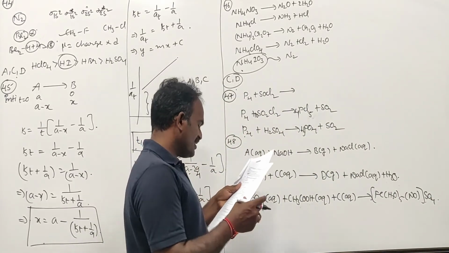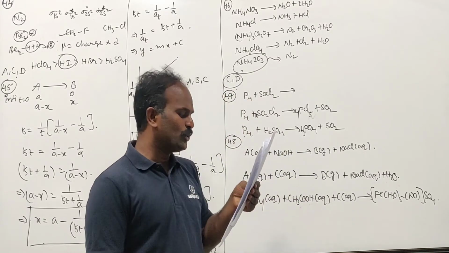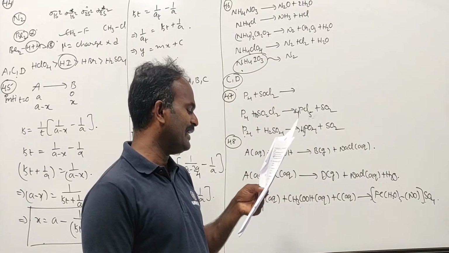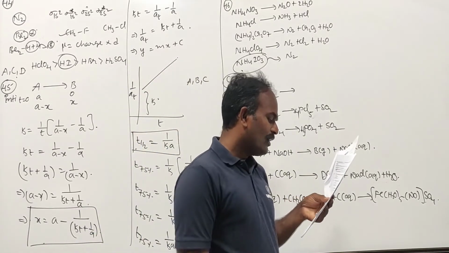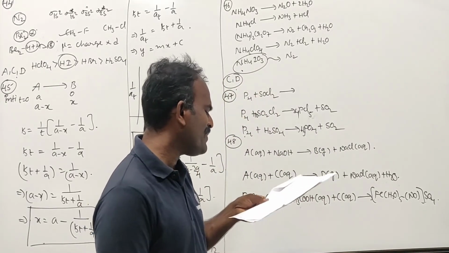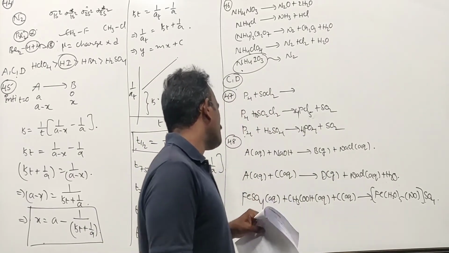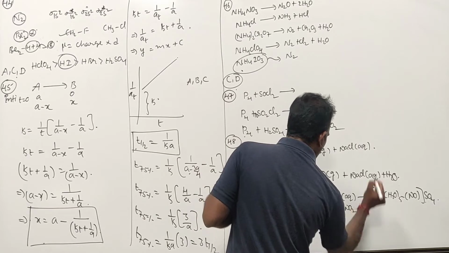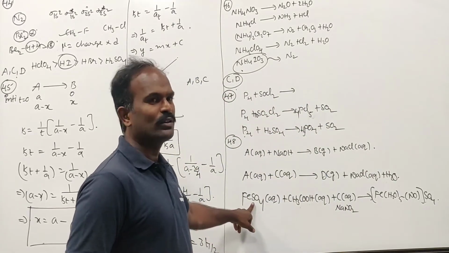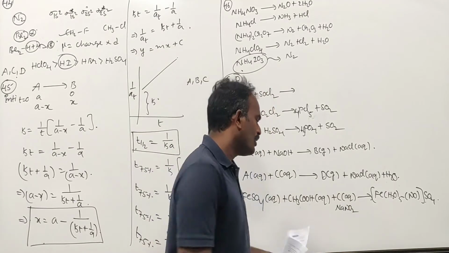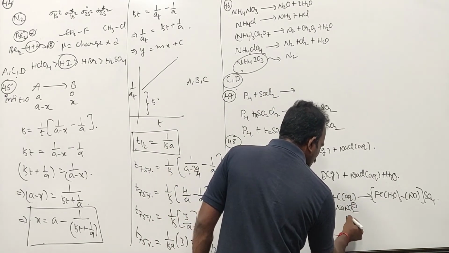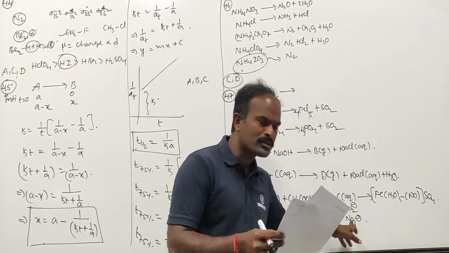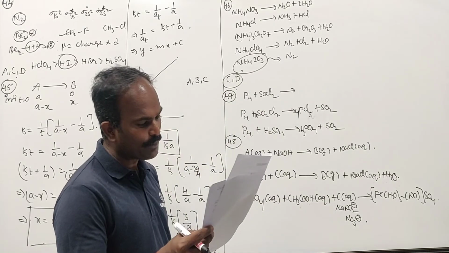Now let us check. If gas B turns moist red litmus to blue, therefore it is going to be a basic solution. Then which of the following statements are correct? C may be NaNO2. Let us check. FeSO4, this we can call the brown ring test. The brown ring test can be given not only by nitrite but also by nitrate. Both nitrite as well as nitrate definitely produce a brown ring.